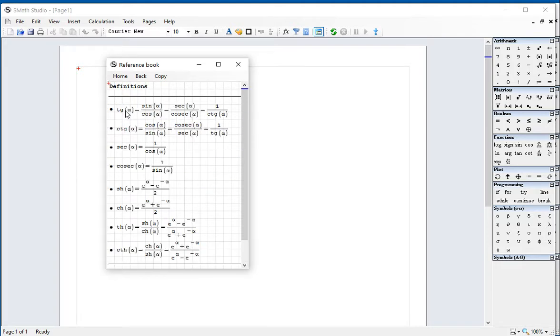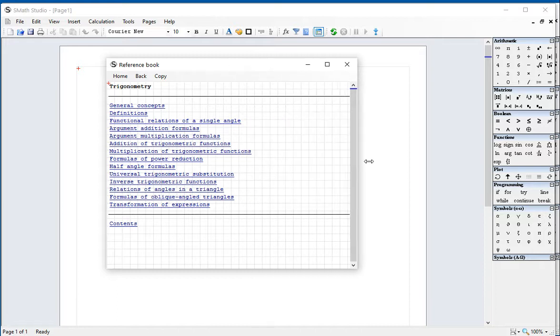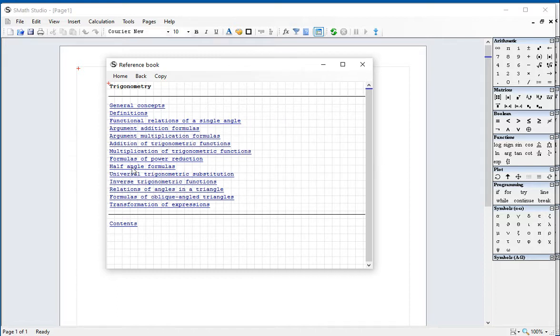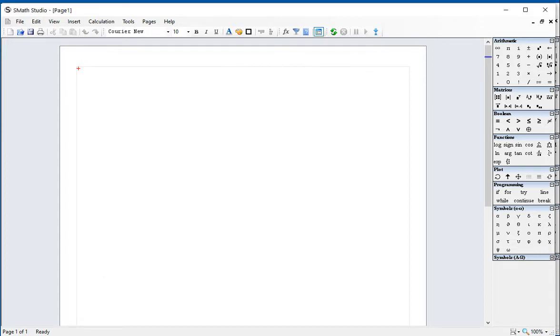For example, just click once. Trigonometric information, for example, let's look at the half angle formulas. These are things that are useful in your calculation. So this is provided by the author of SMath Studio, but there is also a more extended version,